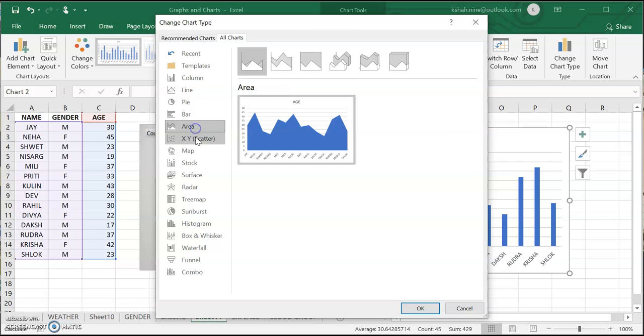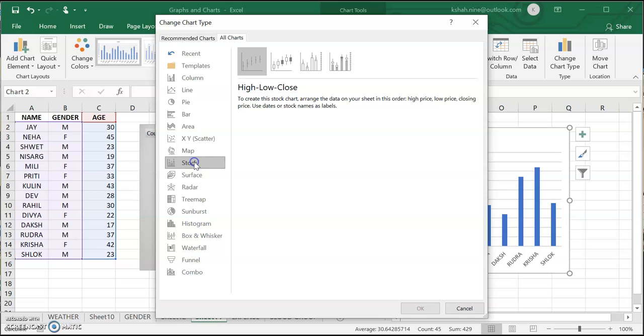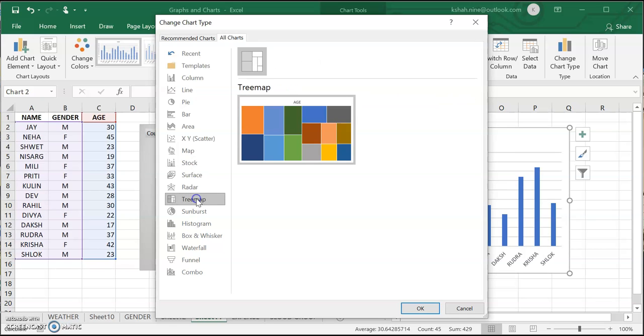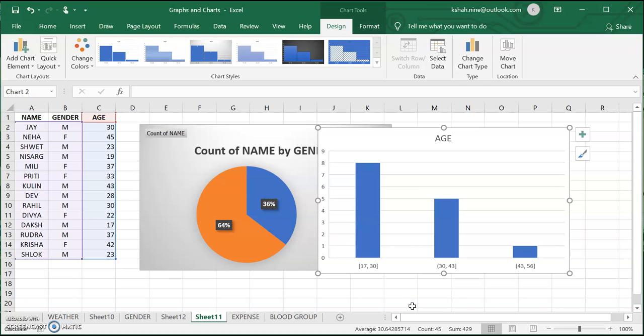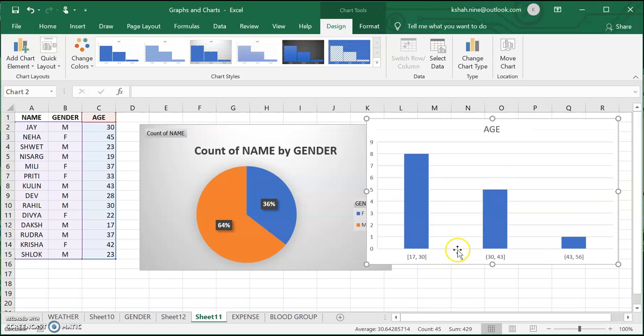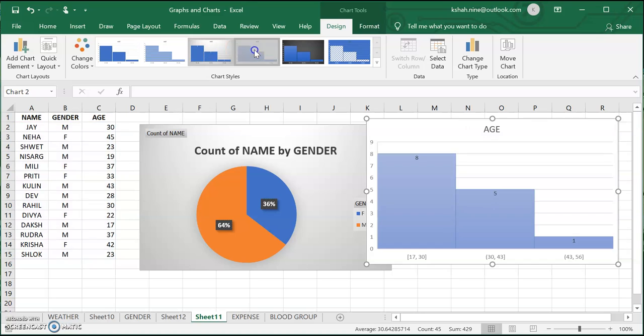select any which you want. See, so many different styles. So it's a histogram, right? So I'm picking the histogram for this, and it will automatically create the range and the particular count for that. So let me change the chart